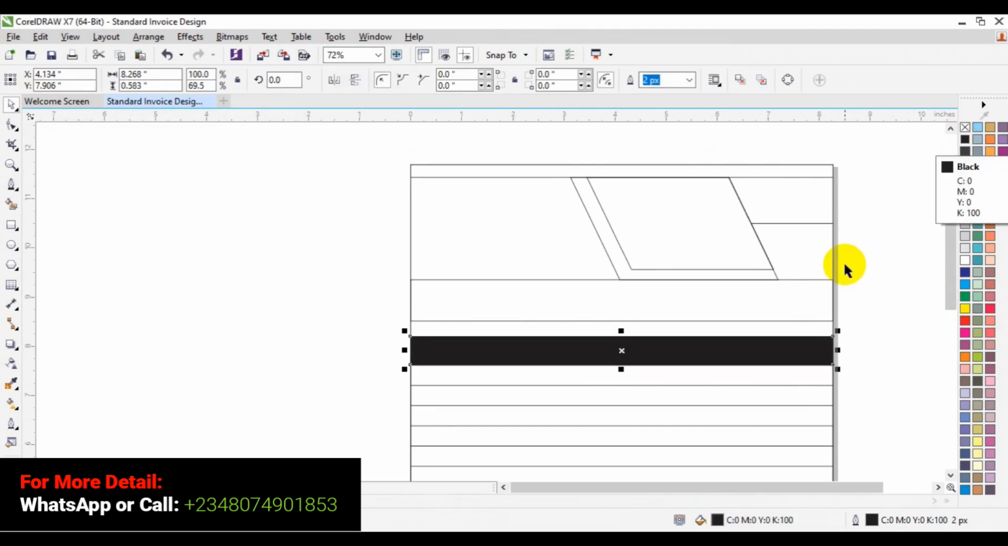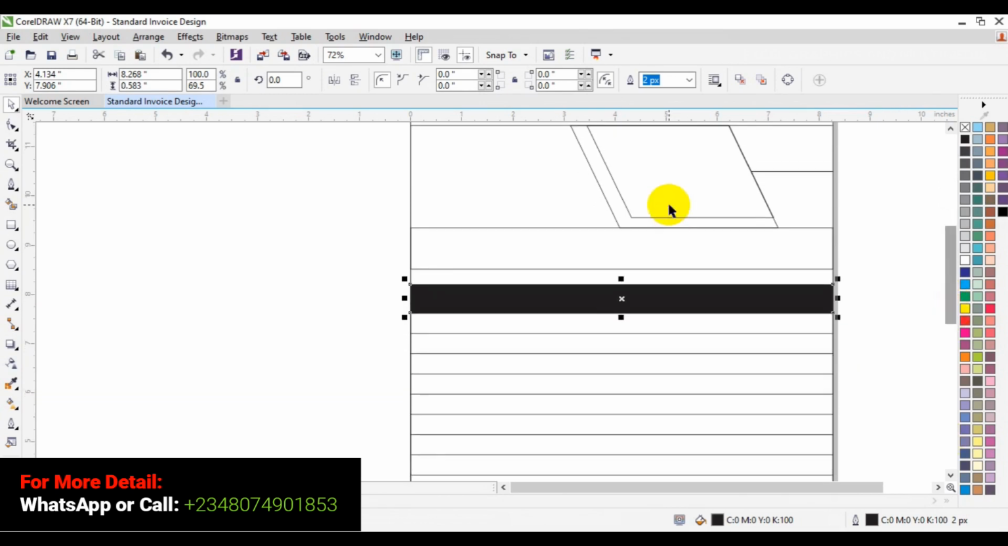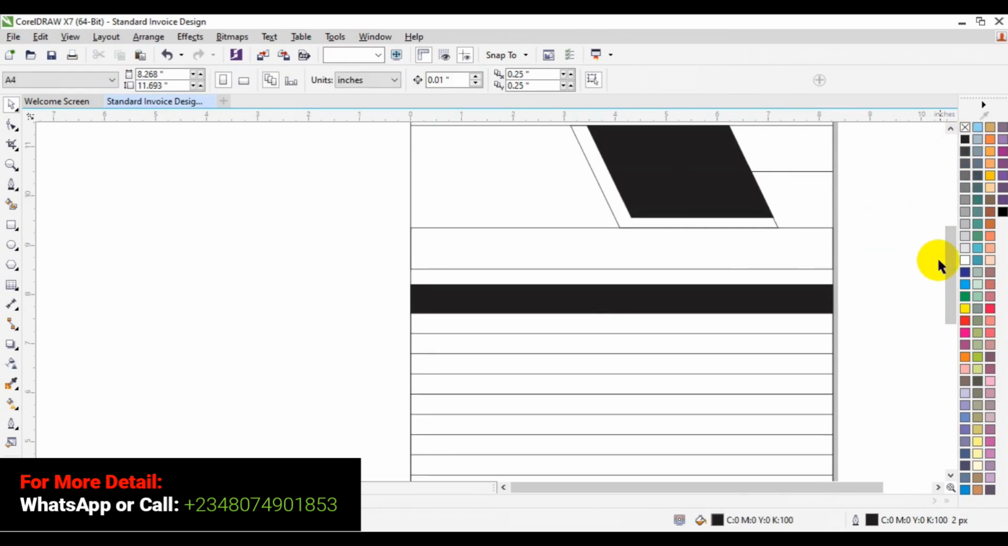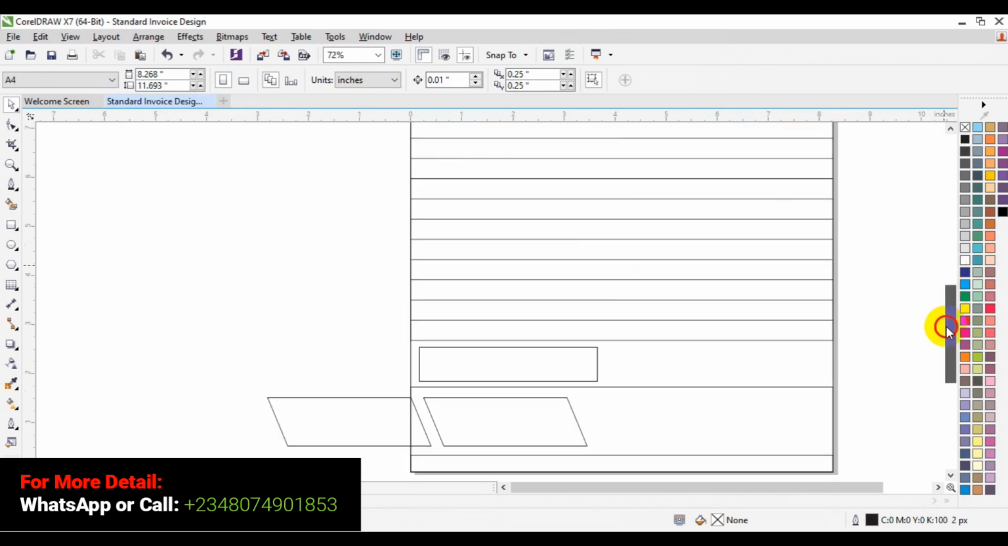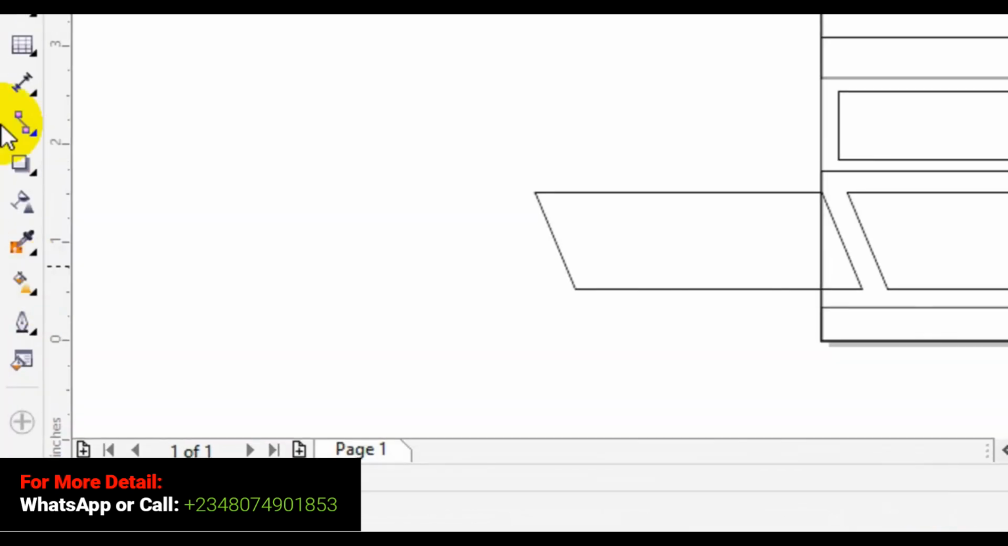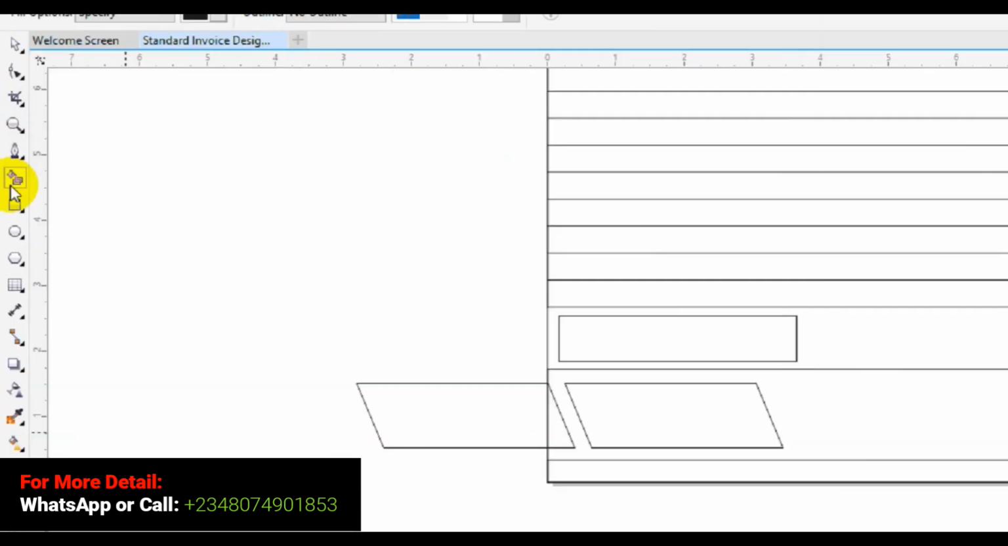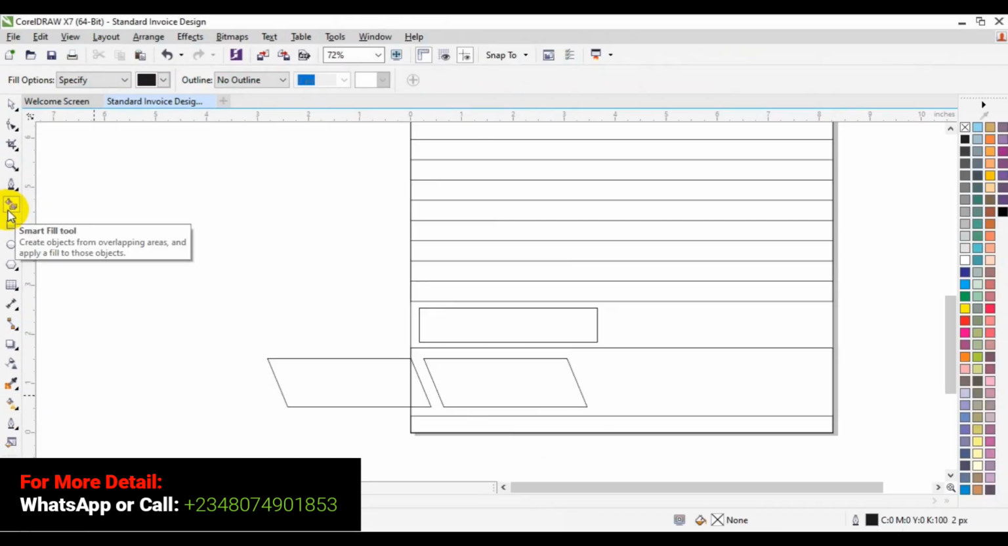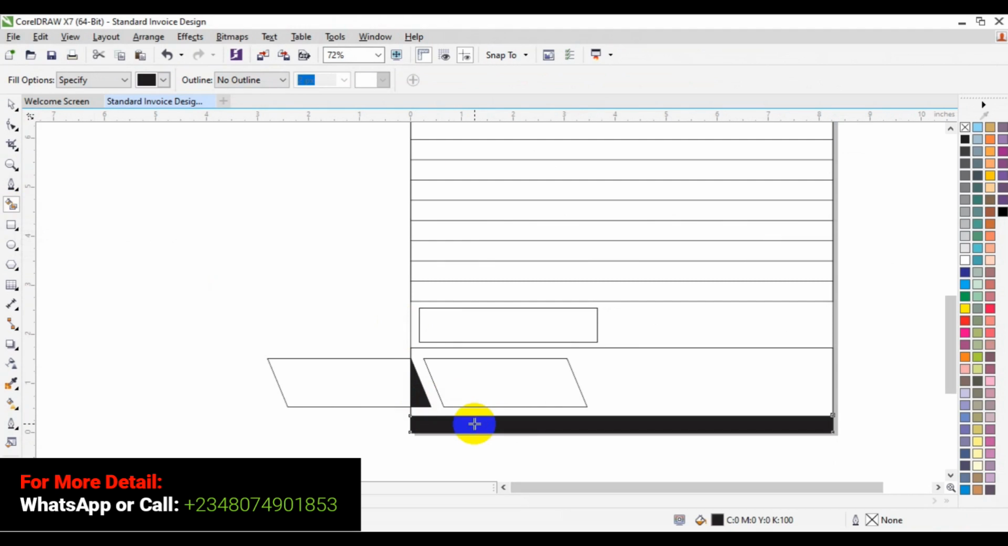So before we do that, I will select this top shape and I'm going to fill it with black. Okay, and so I'm going to fill this with black also. Now I need to go to my tools bar and look for my smart fit tools. So having selected our smart fit tools, then we begin to fill some of the area. So like this place, I need to fill it, and I need to fill this place,